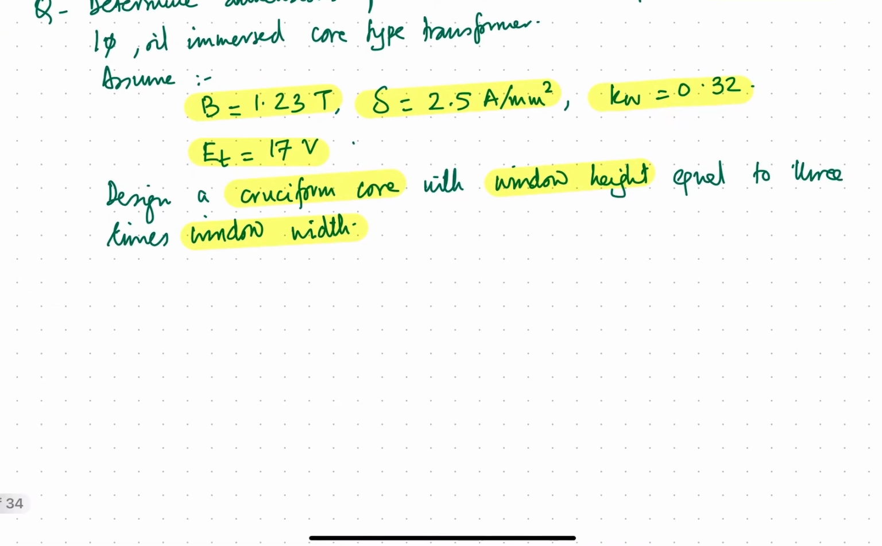So let's start. We know the EMF equation for the transformer, and from the EMF equation we can calculate the flux, which is given by this. If you put in the values, you will find that phi m comes out to be 0.0765 Weber,